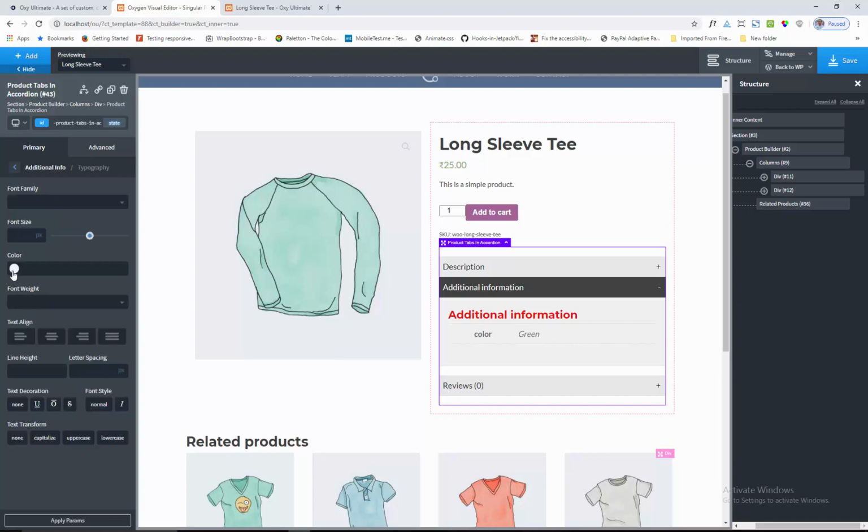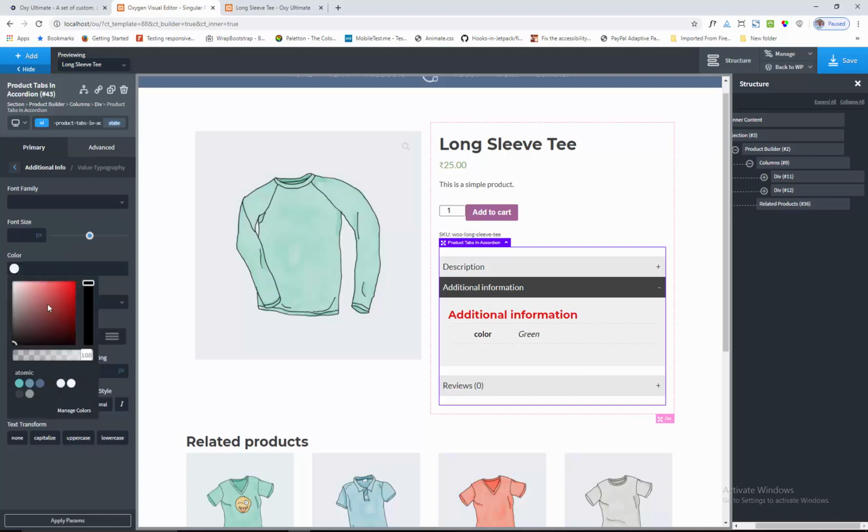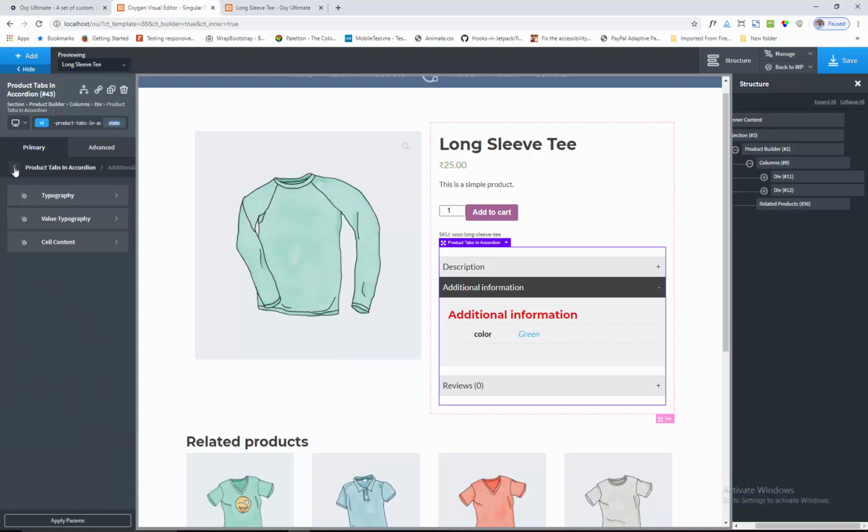Okay, we can also style the additional information section like typography. Okay, and value typography like green. Okay,